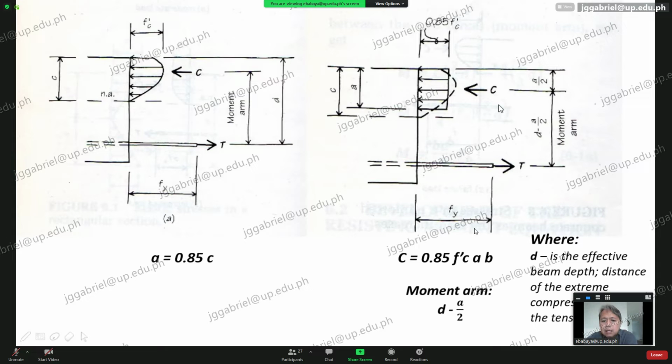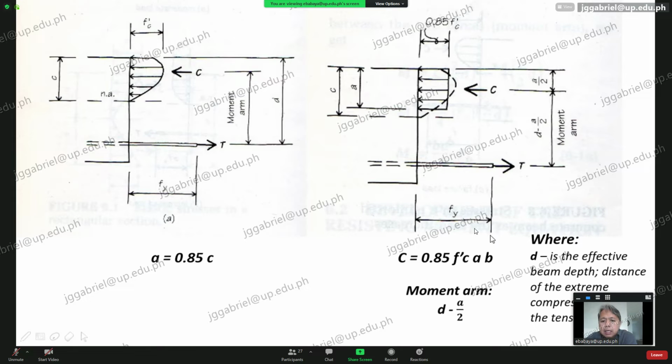And then we assume that this will be fy for our tension. And this is f prime c, and then your compression will then be equal to 0.85 f prime c